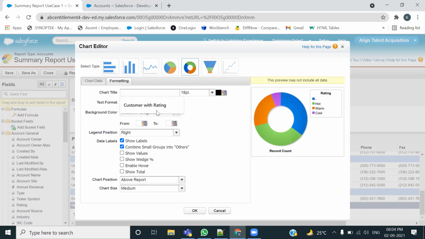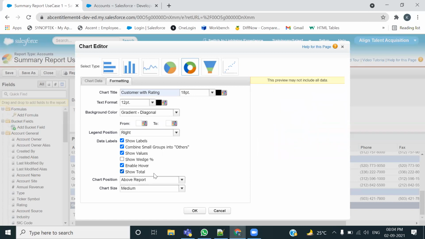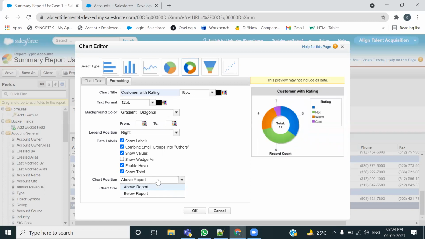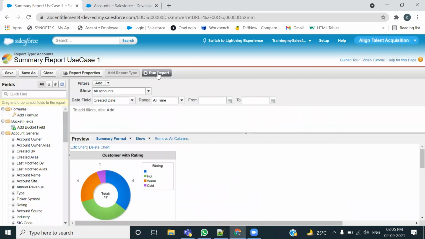So with this column I can make some formatting, I can give the chat customer with the rating like this, and any name you can give them, customers with the rating, then show the values, enable the hover, show the total also, ठीक है। Chat position above the report, below the report, size is what, medium, small, whatever you want, like I'm selecting it to be the small, and you can even change the colors also, ठीक है। आप कलर्स भी चेंज कर सकते हैं, या जो कलर्स डिस्प्ले हो रहे हैं ना आप चेंज कर सकते हैं। लेट मी प्रेस दिस ओके, एंड सो सी हाउ द रिपोर्ट लुक्स लाइक।